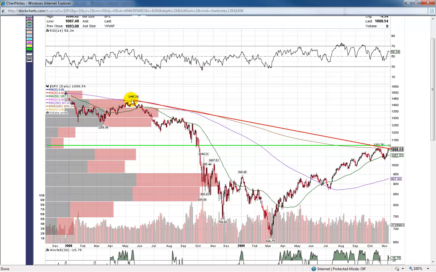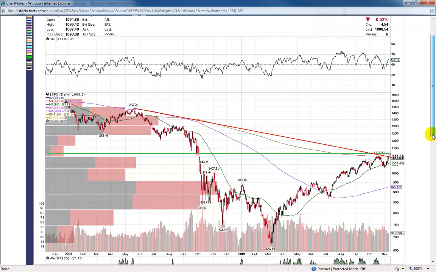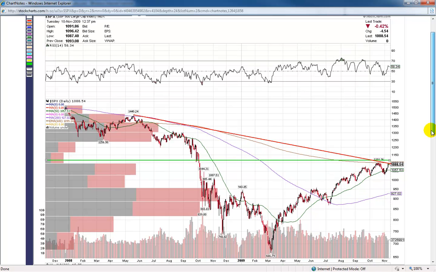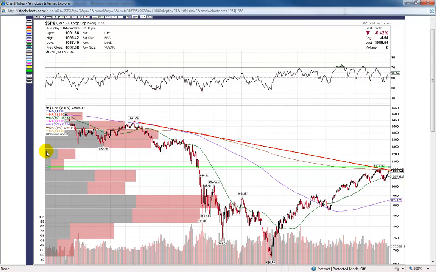Now, if you take a look here again, there's that 927.02, and look at how that slopes down, and look at where it was, right there. That's the 200-day moving average. So we're going to look at the VIX here next, the volatility index, to set this up. But this is an extremely powerful chart that pretty much says if you can't close over 1099.14 today,